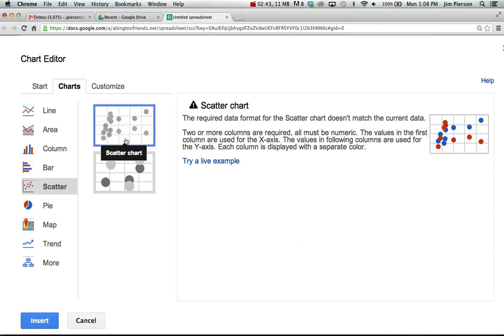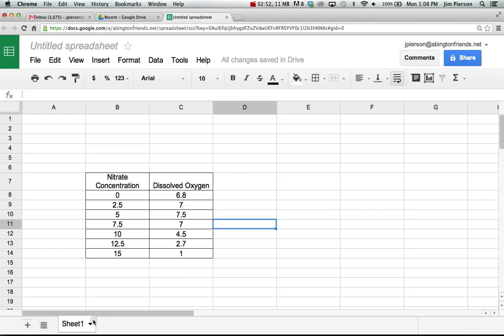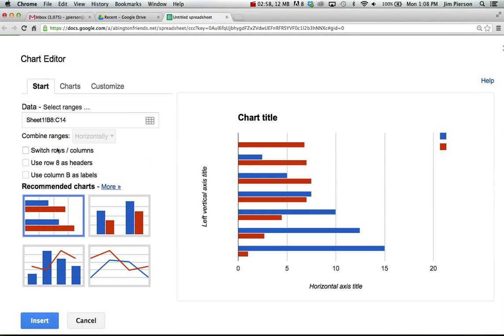And if I click on this, it's saying, it doesn't, interesting. Let's go see what that's all about. So I'm going to hit cancel. Oh, that's why, because I didn't, it got unhighlighted somehow. So I've got to highlight it, go back to insert chart, and then go back to my charts,